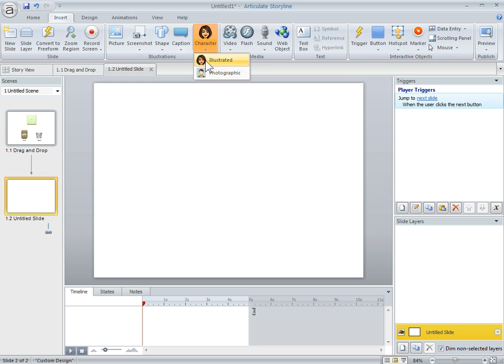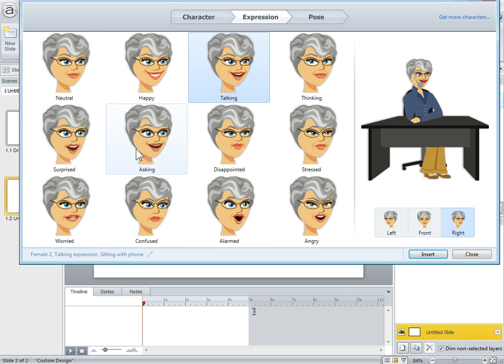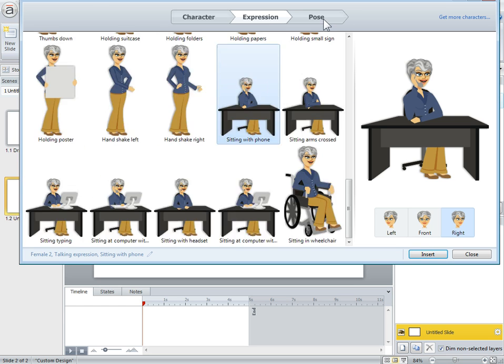So we've got our characters here. And I've got a customer. I'm just going to use this woman. You can see I've got a number of characters to choose from. There's 40. Each character has expressions, and these expressions are built into the system, so I can use triggers, which we'll do. I'm going to have her talking, and then we've got a number of poses. I'm going to have her on the phone, but I don't want this desk, so I'm going to show you